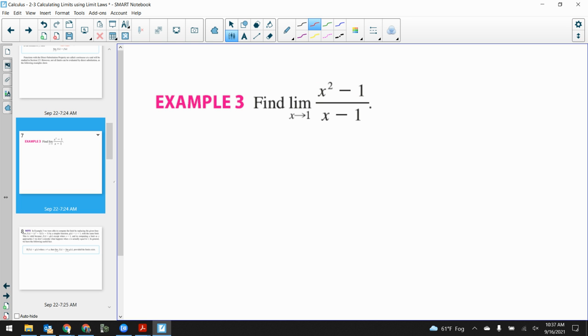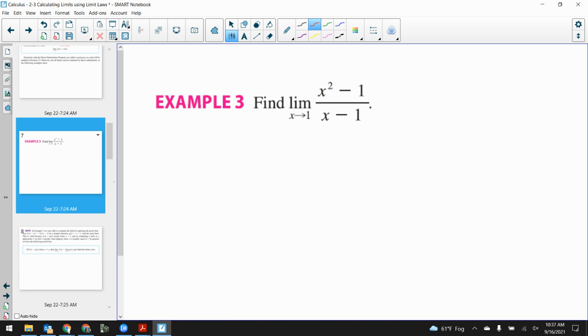We had this example before. Do you remember it? x squared minus 1 over x minus 1. But we had something very similar to it. Okay, if I've got the limit as x approaches 1 of x squared minus 1 over x minus 1,